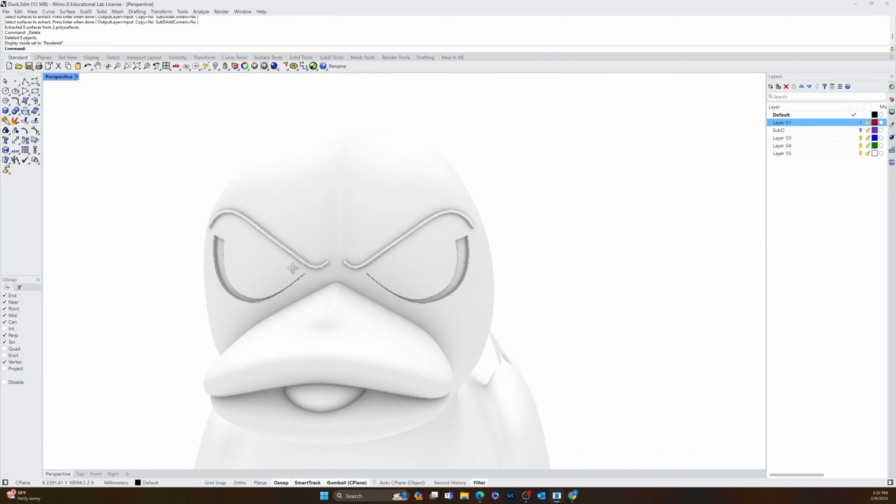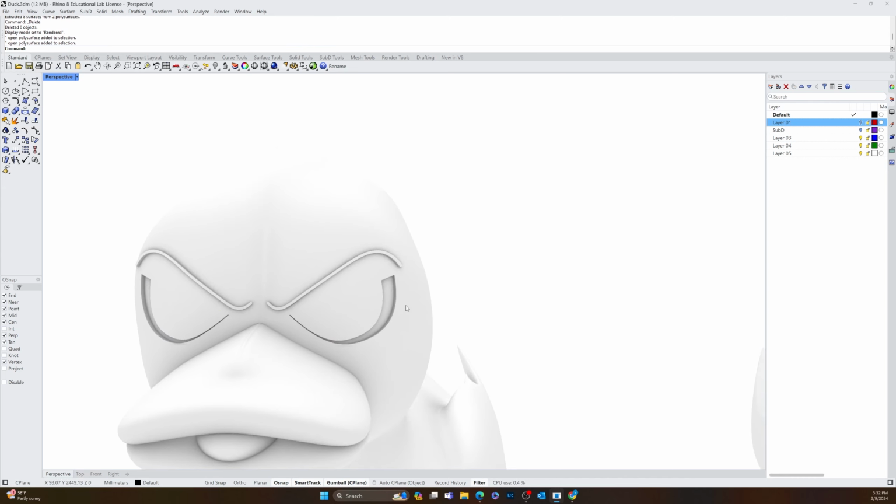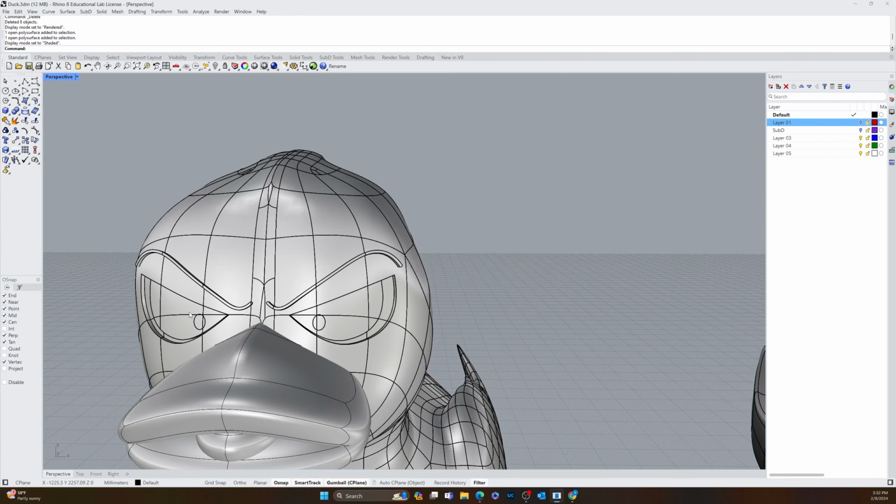Great. But of course, we still need an offset for the eyeball itself, because we can't even see that right now, right? That's where it gets a little bit more complicated. So these are watertight. This whole thing is watertight right now, but we want to add a little bit more detail. So let's go ahead and do that with switching to shaded,